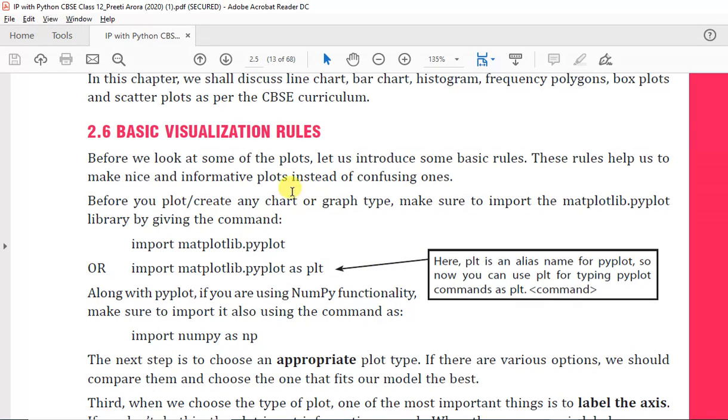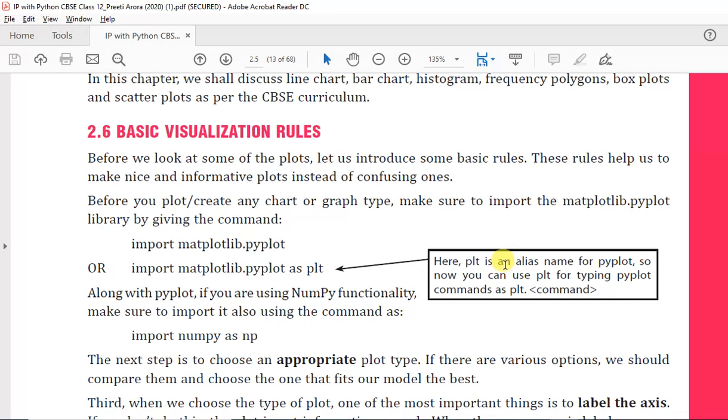Basic visualization rule. Whenever you want to plot your data, you have to use this statement. Before plotting, you have to import this library in your program: import matplotlib.pyplot as plt.